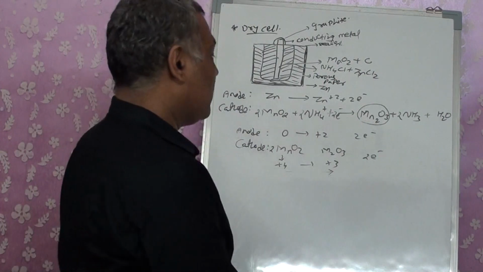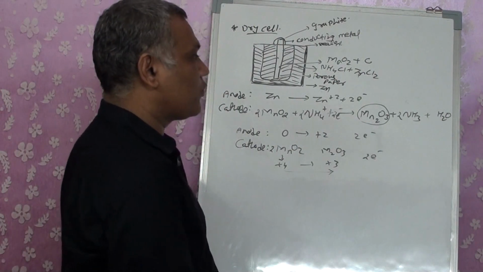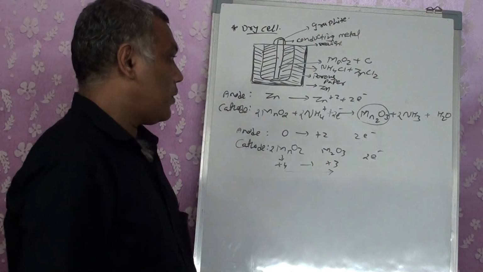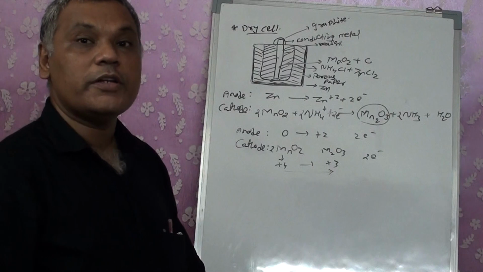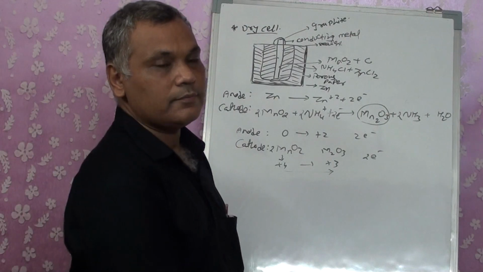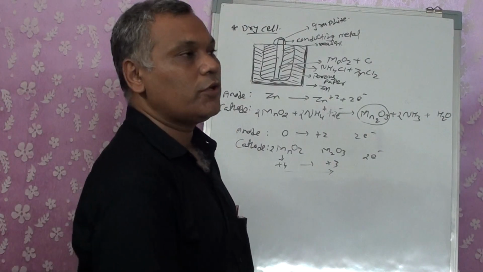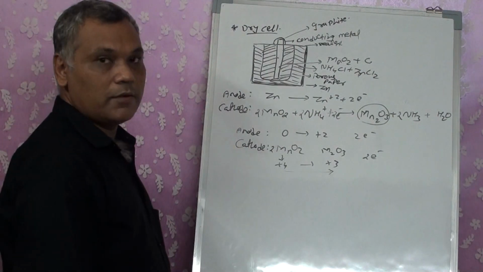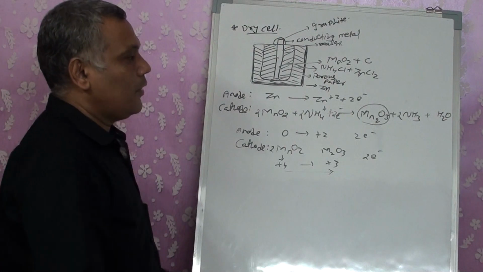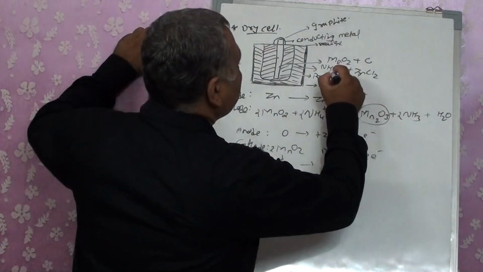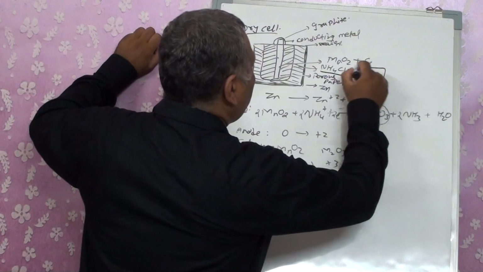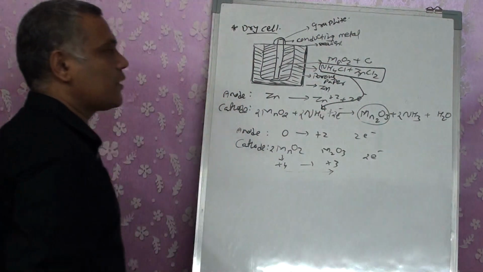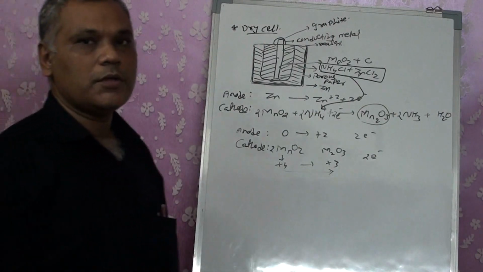Okay, similarly another objective question that is asked is that the dry cell in actual is not dry. Now what is the reason behind it? Why is such a statement given? Then in that case it is told to us that if a dry cell becomes dry, it cannot produce NH4+ ion in the solution, right?